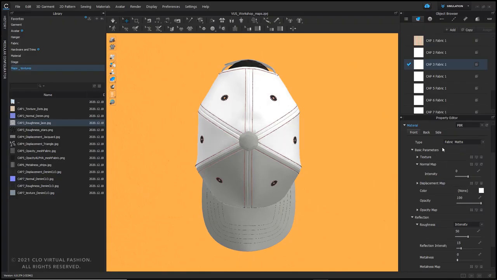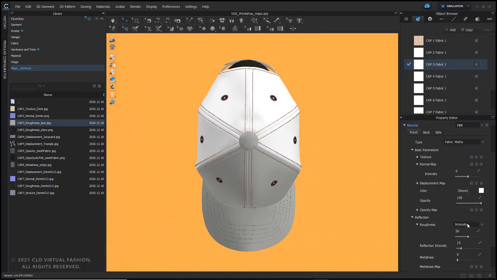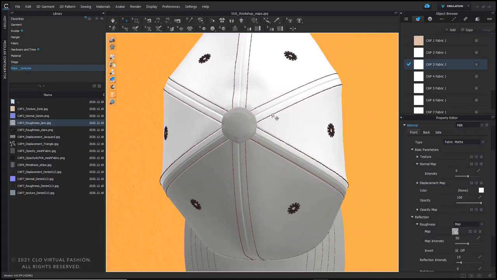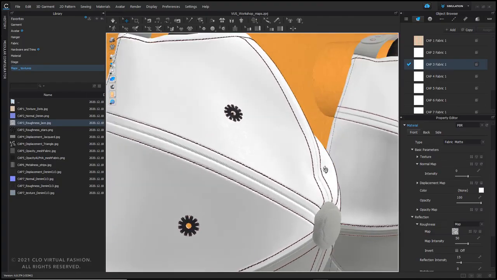The metal type would give us additional reflection, which we don't like to have. Now let's take the roughness map here. Going to apply this, but I have to switch to the map. Then I can drag and drop my map in this section here, and you might not see as much, but